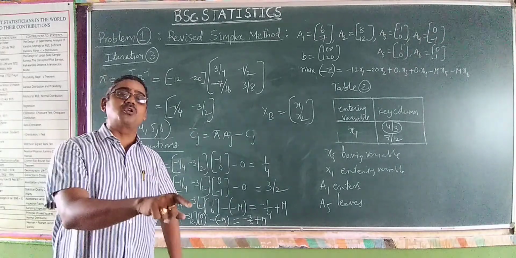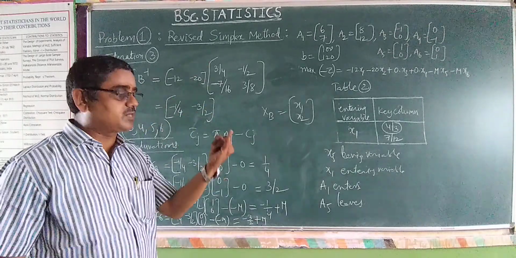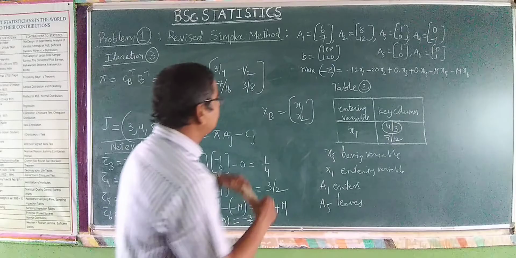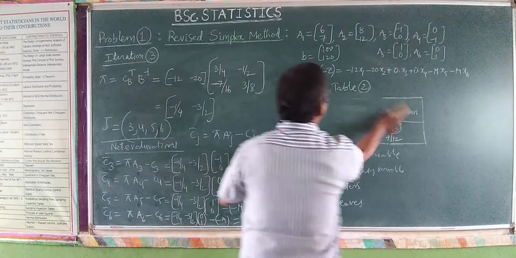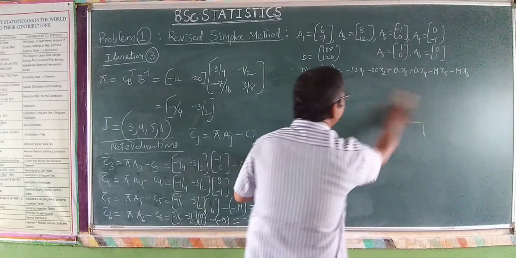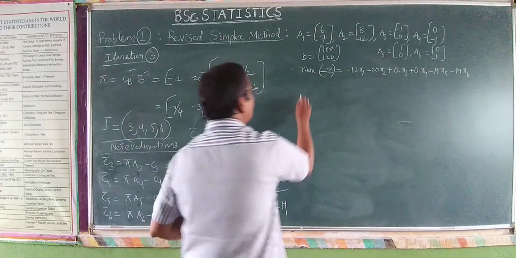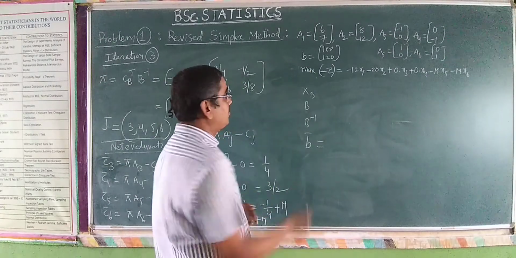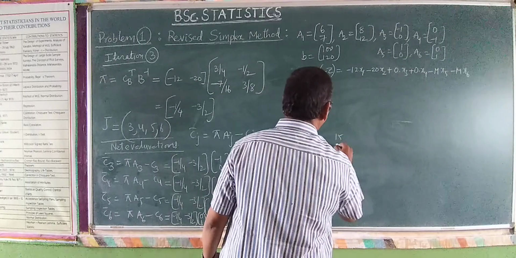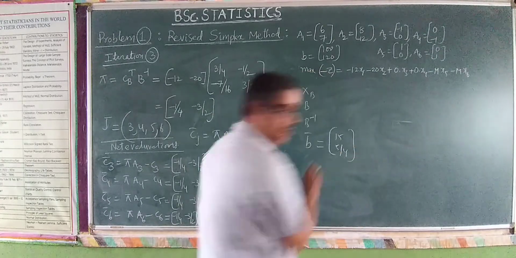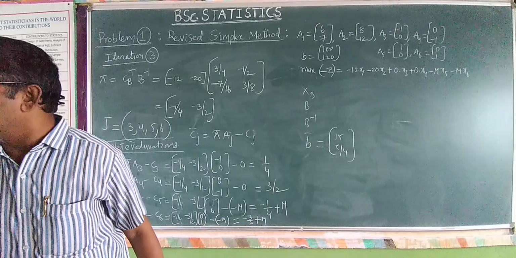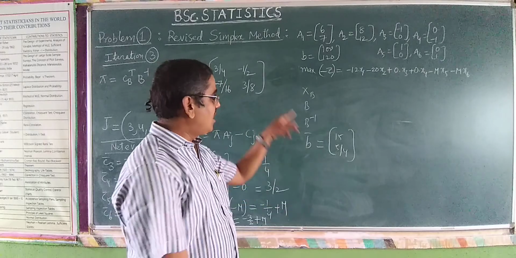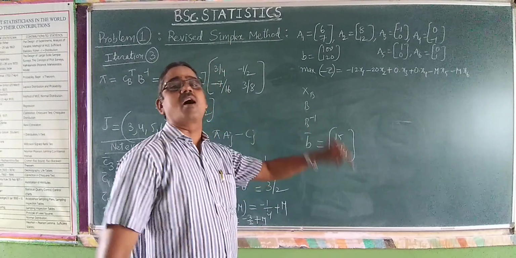Therefore, whatever the current solution, in this particular step you refer to XB, B inverse. After that, you have B bar. What is B bar? We got the value B bar. It is going to be obtained. So I am writing the values of B bar. What is B bar? XB, B inverse, and B bar. Here we have B bar, the current basic in iteration 3, which is 15 and 5 by 4. Am I right? Yes, it is 15 and 5 by 4. These are the values of the current basic feasible solution B bar.